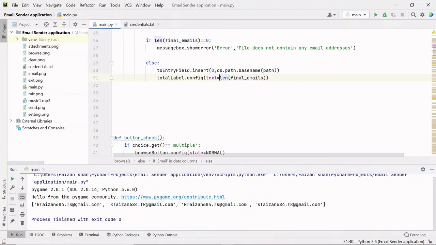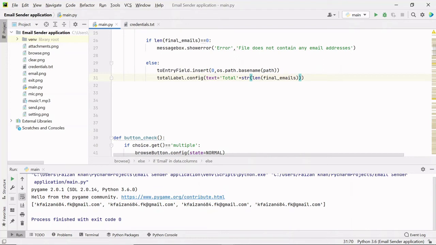So I also have to add the string Total here like this, and then the concatenation operator, which is plus, and we will also have to convert the length to a string so that it can be concatenated with a string. So I'll use the str method here.